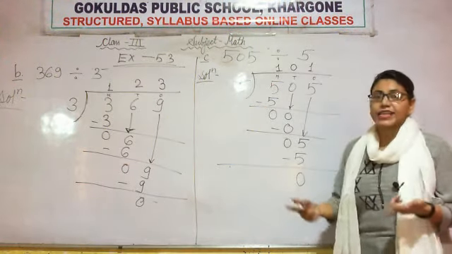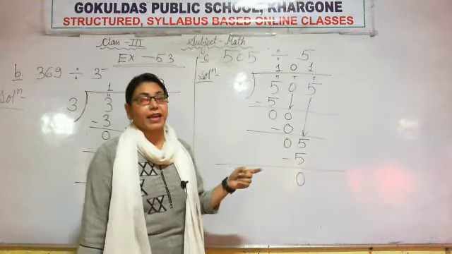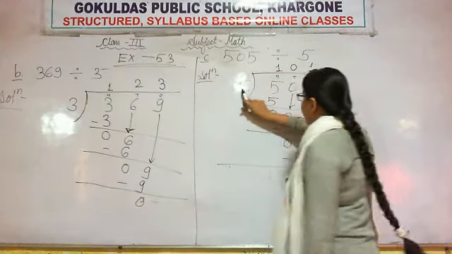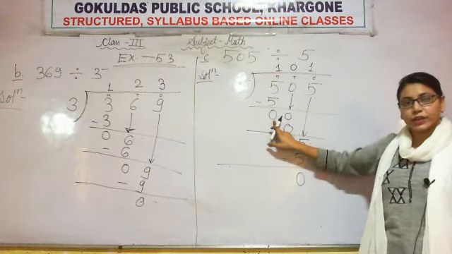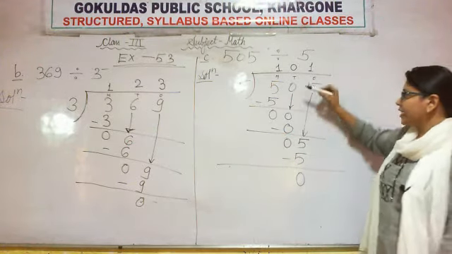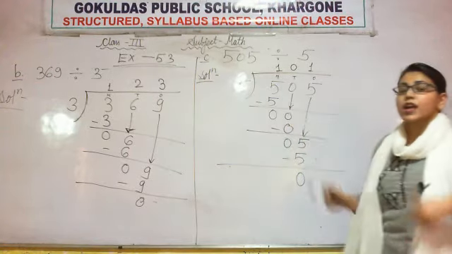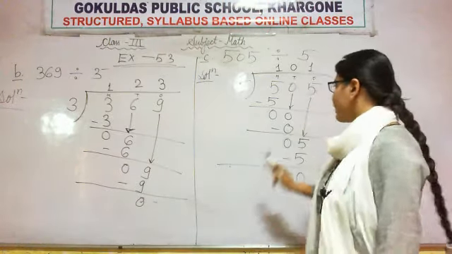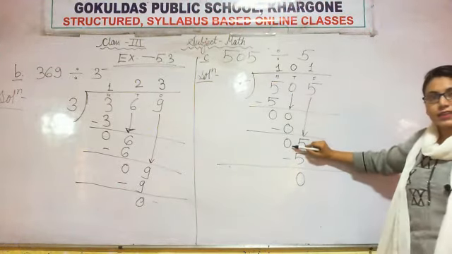Once again, let's revise. In the division process, unlike other operations, we'll start from the highest place. Here highest place was hundreds. So we started from hundreds place. So 5 ones are 5. So 5 minus 5 is 0. Now our next step is to bring down the next place number, which is 0. Remember the division property, 0 divided by any number gives 0. So 0 minus 0 is 0.